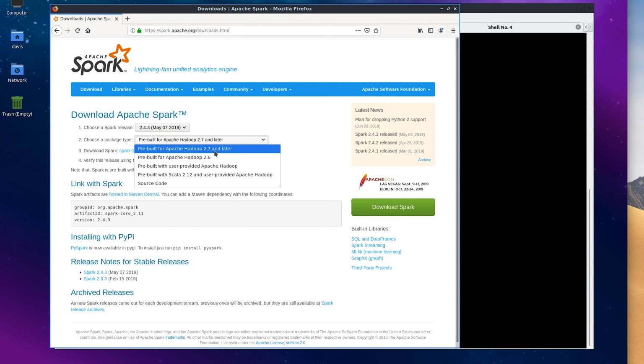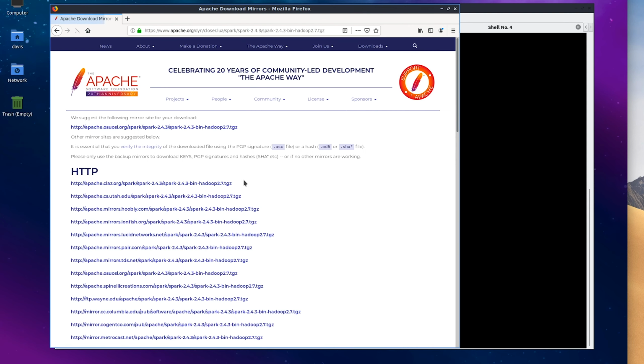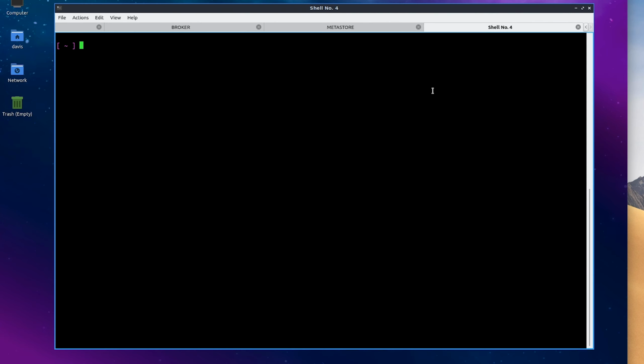So choose one of these. We got a Hadoop 2.8, I think, so we do want the one later. These ones, they are both stable, so I'm just going to go for the later one and just download that. So download through the browser, through the console. I already have mine downloaded, so